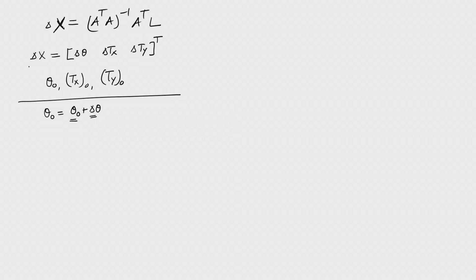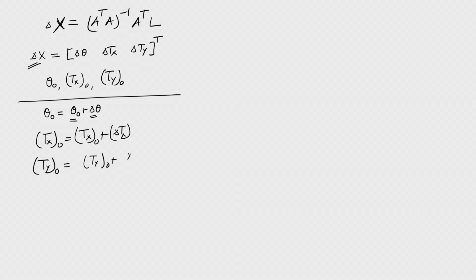This is my correction which I find out in this step, and then similarly I will write a new value of tx 0 as the earlier value of tx 0 plus the update delta tx. Similarly, ty 0, I will write the previous value and the update. So, by making these small corrections, I will find new values, and these are the previous values which I assumed originally. Now, I got the new set of values here.